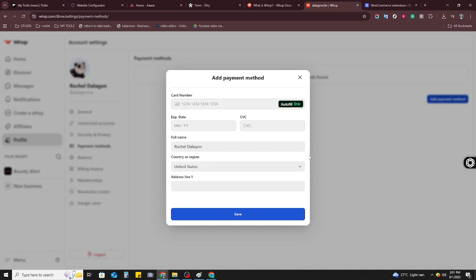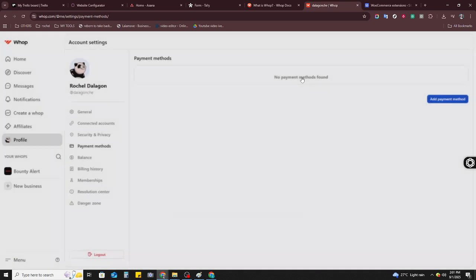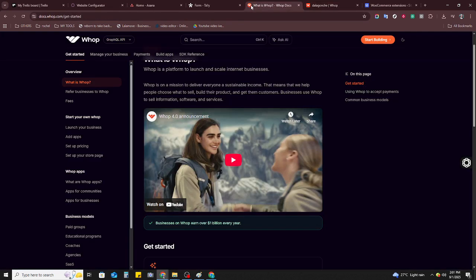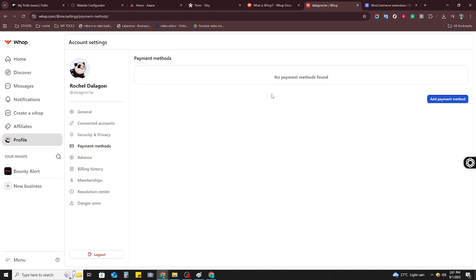Finally, to make sure everything is set up correctly, Whop may send a small test transaction to verify your account. You'll need to check your Stripe or PayPal account to confirm this test payment has been received. Once you see this transaction and everything checks out, your setup is complete and your account is ready to receive real payouts. And there you have it. By following these steps, you should have no trouble logging into your Whop account, configuring your payment methods, and ensuring you're set up to receive payouts